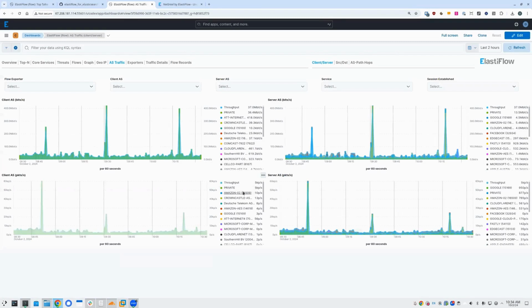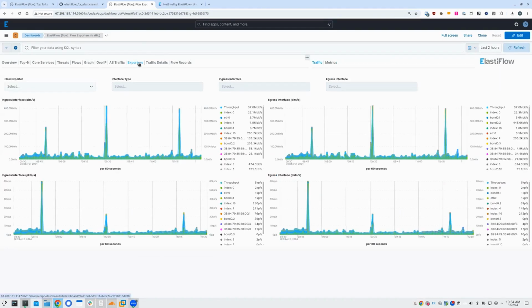AS traffic was not configured yet, just out of the box, but this is what it would look like. It's showing you what ASNs and ASs your network is interacting with, so you can make informed decisions when it comes to increasing performance of your network and also decreasing the amount of money that you spend on transit providers, right? Some other cool things we do are also allowing you to